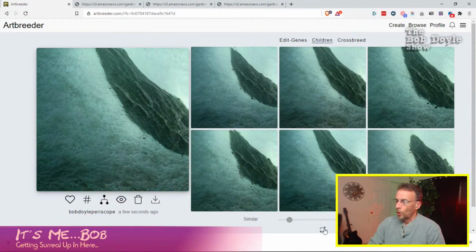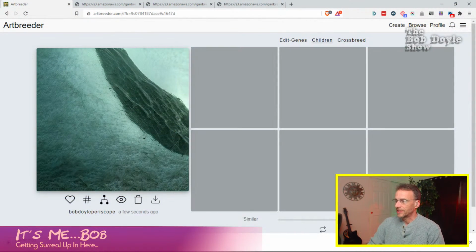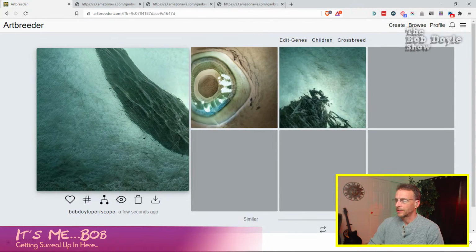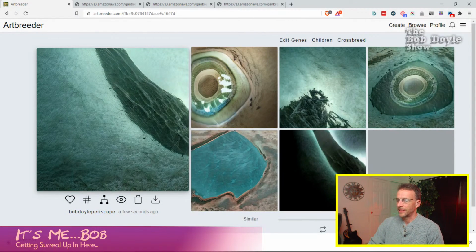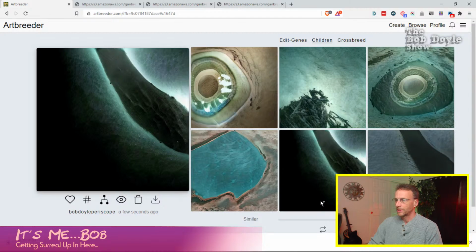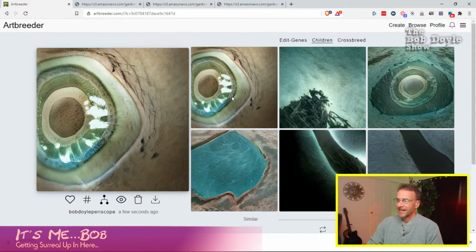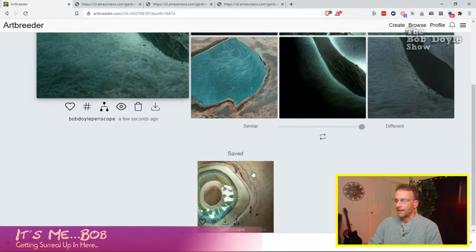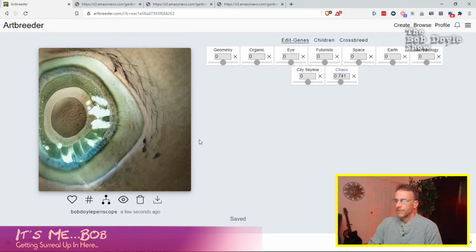All right. Or I can slide to different, way over, and you can see it takes elements, some of all the genes that make up this thing. One of them is eye, for example, and it just changes the values of them. So the eye thing is kind of nice and creepy. So let's just start with that. And so I've saved that image. Now let's do some variations of it so I can create a series that I'll then animate all together in a sort of morphing animation.